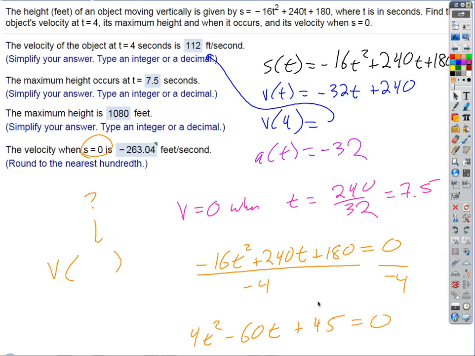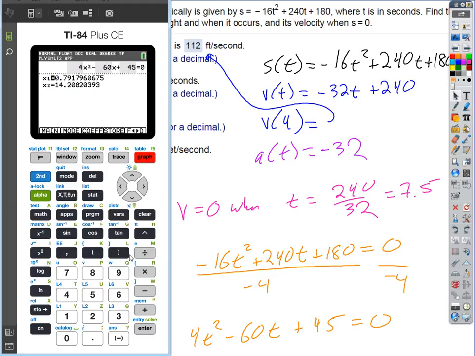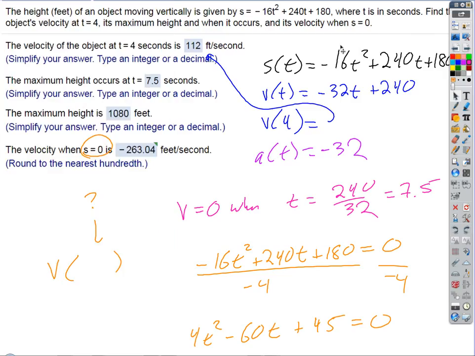Oh, you know what I did? I screwed up. Look, that should have been when I factored out a negative. Do you see what I saw that kind of threw me off? It's not negative. This is another good lesson. When you get answers, you always want to ask yourself about the reasonableness of those answers. That's not reasonable to me, that I'm going to get two positive answers like that, one small and one large. The reason that's not reasonable is because if I look at my original equation, if you know your